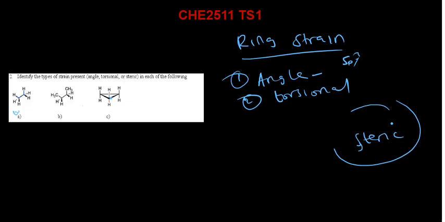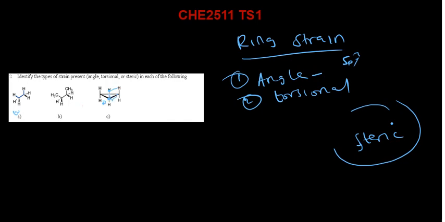Because it is planar, the CH bonds of the ring are all eclipsed. So if you look at this carbon here and this carbon here, from this angle, this is your front carbon, you find that this hydrogen is eclipsed with this hydrogen because this is bond 1,